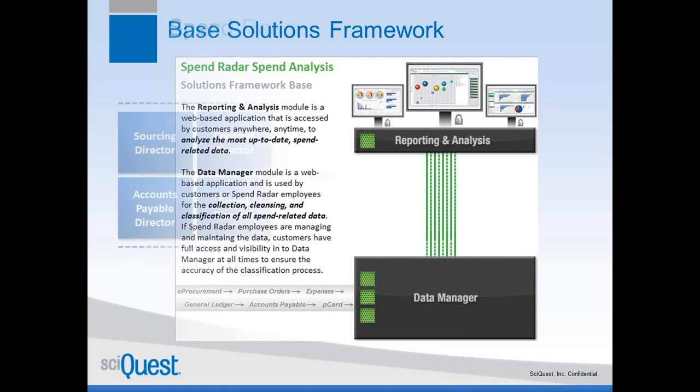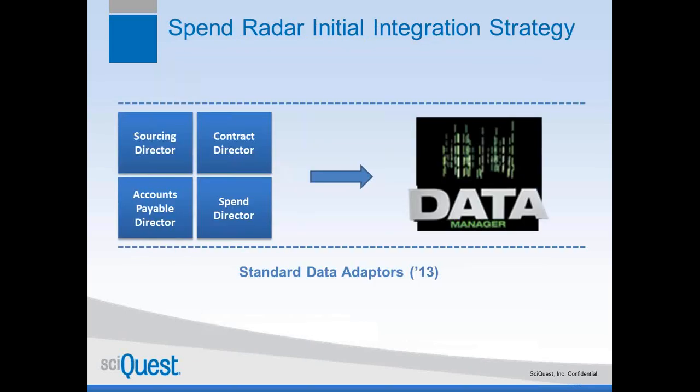So with that, we'll just wrap up quickly with the strategy of integration. What you can expect from SciQuest and SpendRadar in the next 3 to 6 months is that by early 2013, we plan on having standard data adapters such that data from each of the other SciQuest modules will be easily pulled into the SpendRadar reporting and analysis environment through the Data Manager, so that our customers can access all of the information that they need to not only manage and reduce their costs, but also to understand performance around,